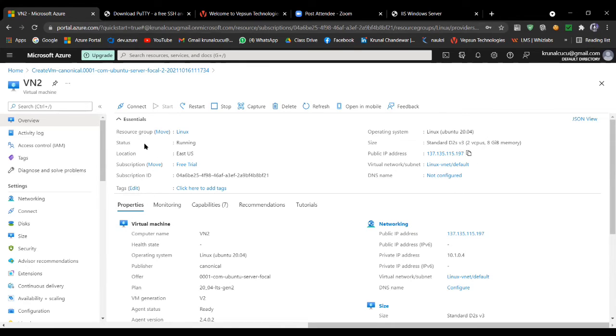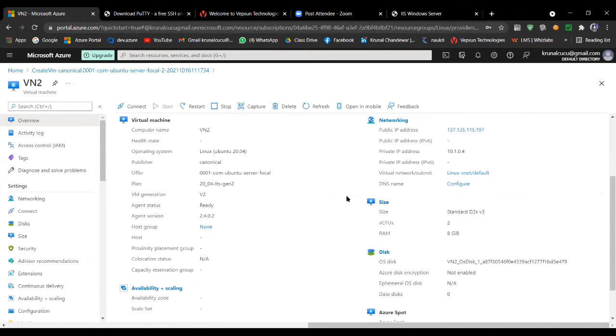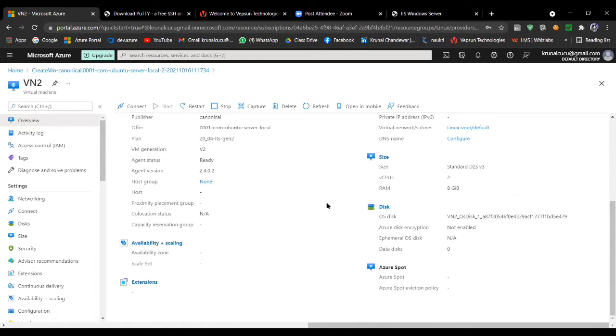So I'm giving you a few descriptions. This is our Linux resource group name; I selected Linux. Our virtual machine is running right now. Even our location, I selected H2S. This is our free trial subscription, with tags not given any values. Even the D2S plan we took, and the public IP I got and copied from here, because of that our machine is now accessible. And this is all the information of our virtual machine.